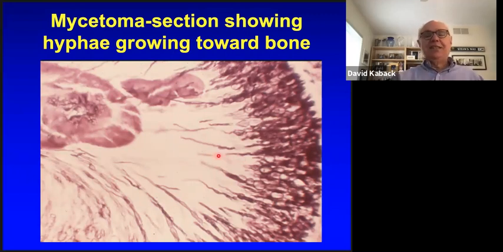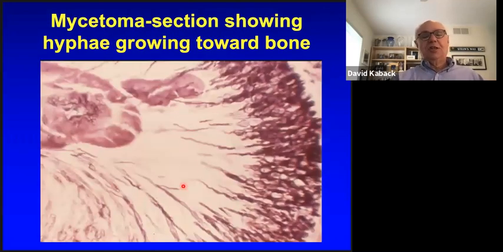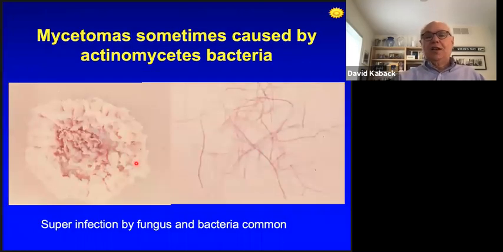And again, these things can be due to superinfection and can also be caused by other bacteria, in addition to mold, like actinomycetes can actually cause this infection. So one of the things we have to do if we see a case of mycetoma is make sure that there is fungus there in addition. If there's bacteria there as well, we have to treat both bacteria and the fungi.